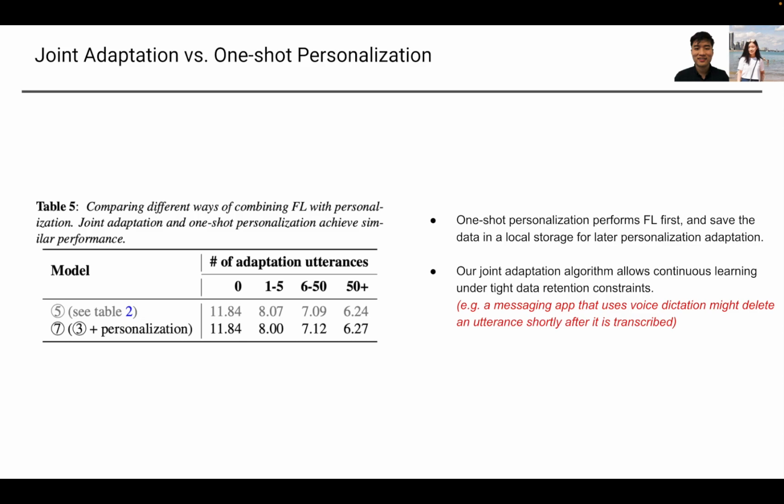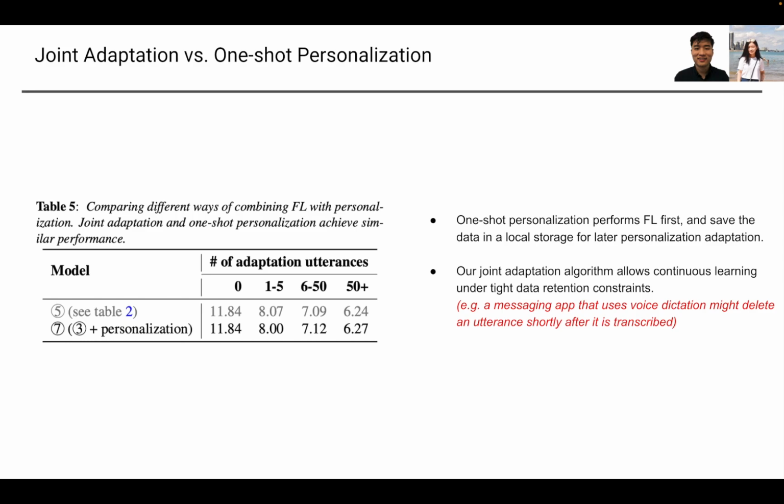In our joint adaptation algorithm, we perform FL and personalization in lock step. A simpler way of combining FL and personalization is to first perform FL to train the backbone until the model converges, and then perform adapter personalization. We refer to this method as one-shot personalization, and we evaluated this method; the result is shown in row 7. As you can see, one-shot personalization performs similarly to our joint adaptation method. However,